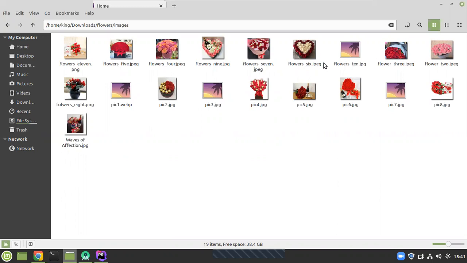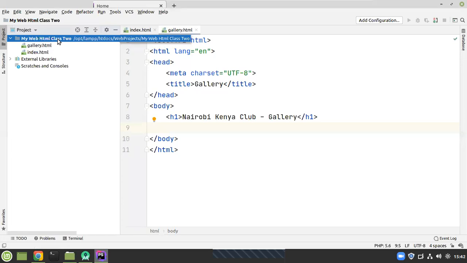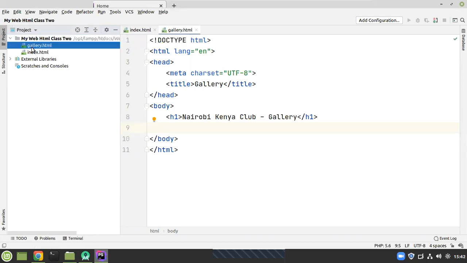So for me to work with these images, I am going to ensure that I copy the kind of images that I want. If I want this image, I will copy this. If I wanted these, I will copy these. If I wanted a number of these, then I'll have to copy a number of these images. Then once I copy them, I am going to paste them into our project right here. Before we paste them, any orderly developer is going to ensure that the images stay in one location